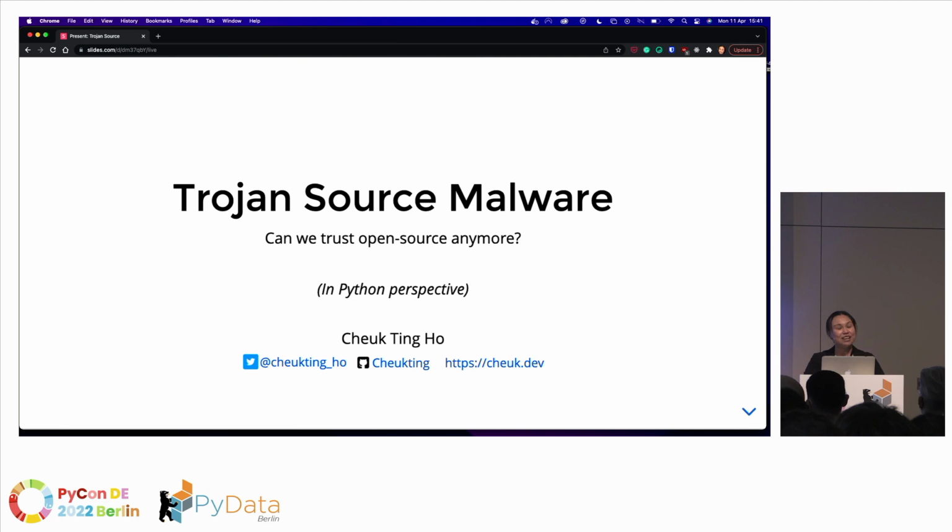So this talk is about the Trojan Source malware. I don't know how many of you have heard about this Trojan Source, or maybe you only know about the Trojan Horse. But anyway,